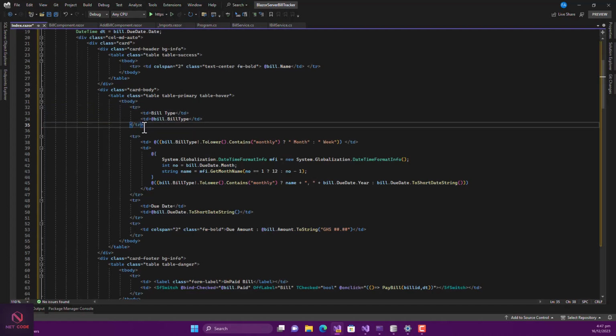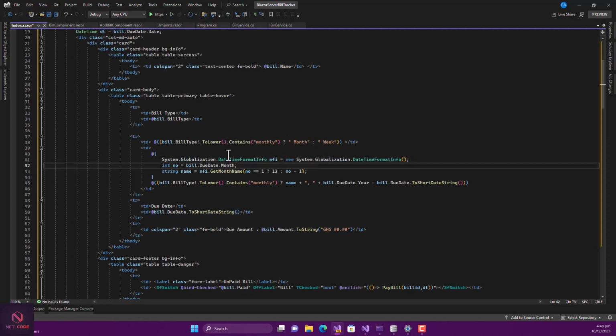So table body, we have in the table over here. You can see we have the TD, the type, and now we specify this. That's a bill type. Is it monthly or weekly? So even with the bill type, you have it set over here. Now what you see here is the number of the bill name. So month name, we use this to get, you can see this is going to give us the month number